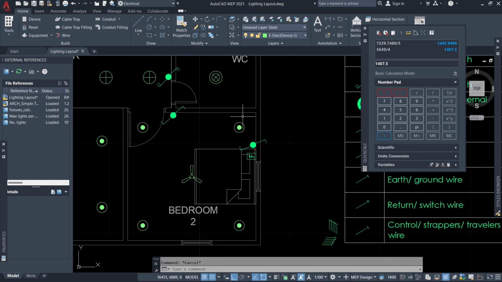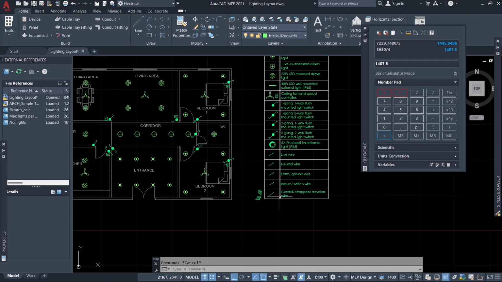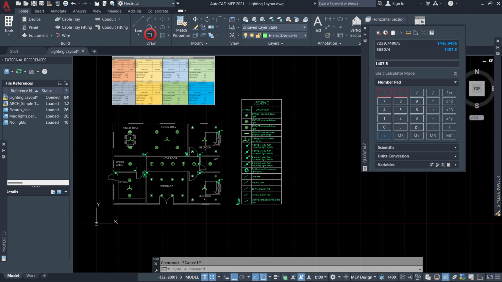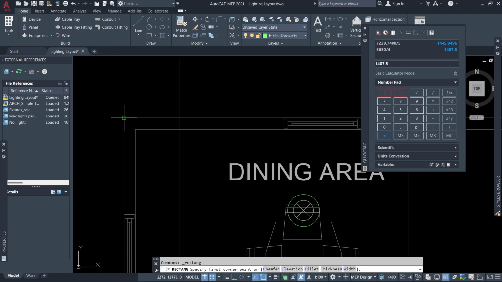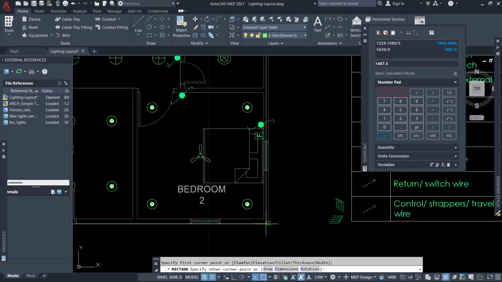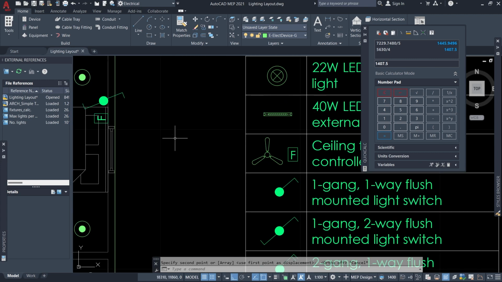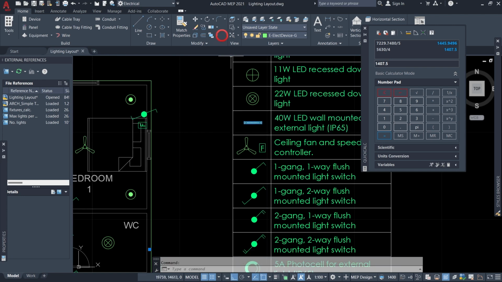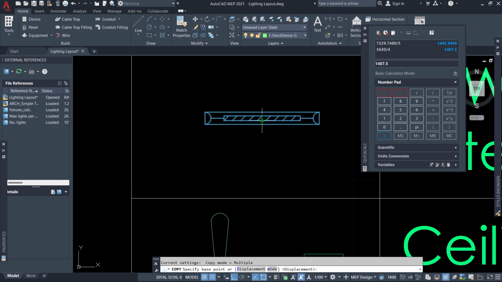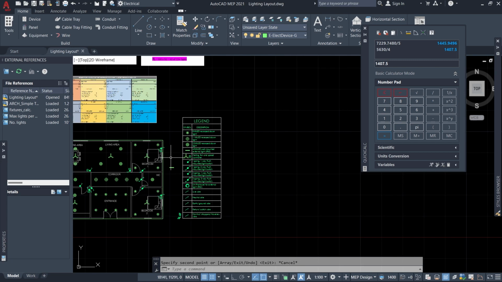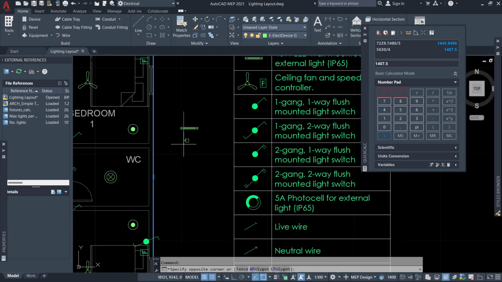Okay, so I think we're making some headway. Now let's look at external lighting. I'm going to draw a rectangle around the building like this. After drawing the rectangle around the building, now we can use the 40 watt LED lights. We can use this for the external lighting, correct? Yes. All I need to do now is to find the center of this line. And since I know this is somewhere here,